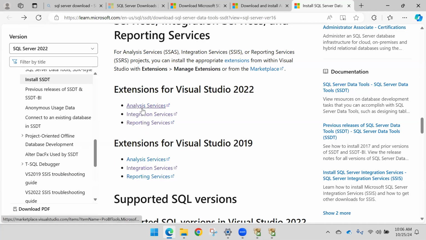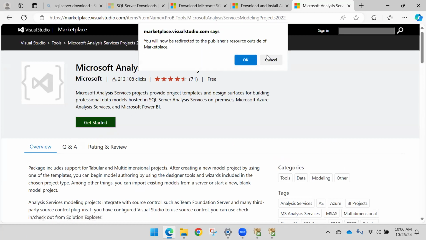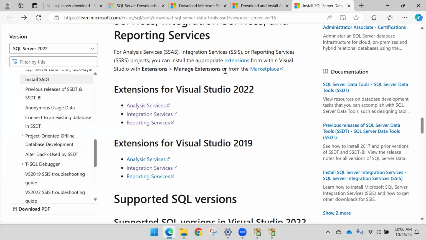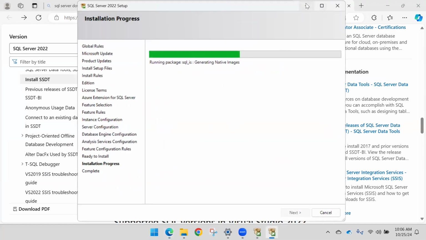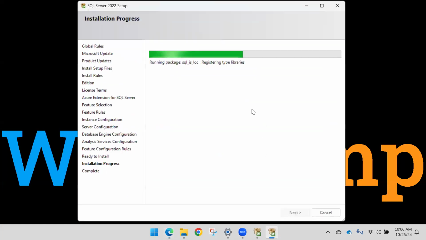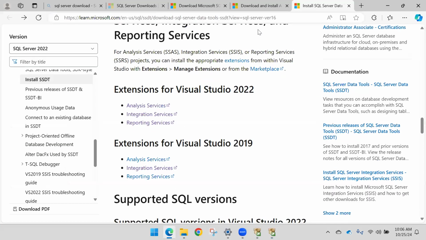But similarly, for analysis service also, if you say get started, it will install from outside of the marketplace. So this is getting downloaded from outside of Microsoft's marketplace, and that's why it gives the warning. You need to wait for a couple of minutes to finish this, and then we will be able to perform. Meanwhile, you have just installed the